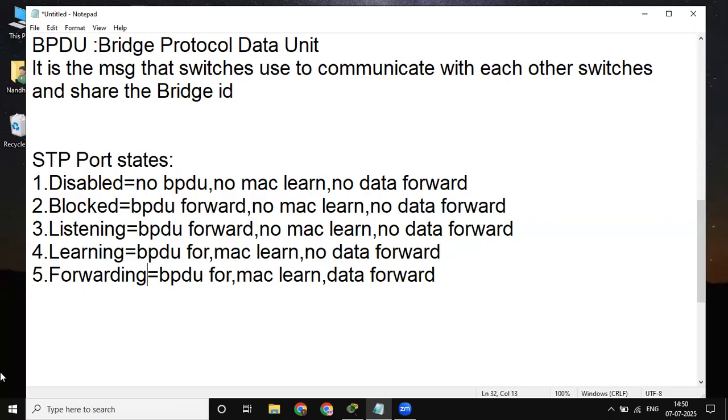Okay, in the topology I've shown, FWD was there. That means forwarding state. It is ready to send the frames. Any message comes, it will immediately forward it. That is FWD. Okay, these are the 5 states in your STP. All right. After that,